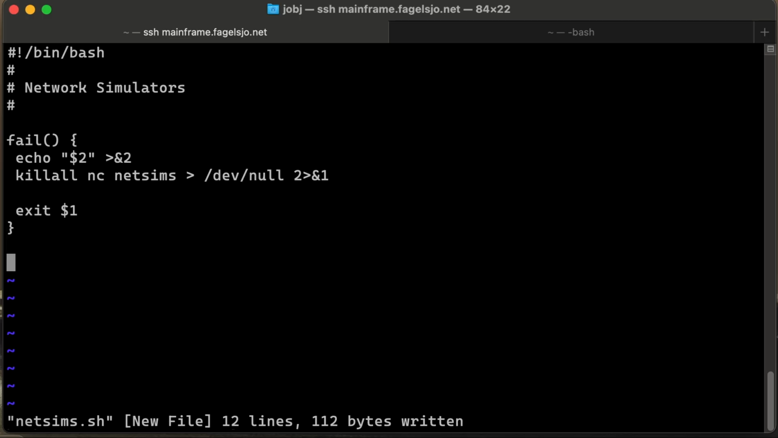I will also have a usage function. If we supply the wrong number of arguments or similar, this will give us the output that we should use. So this will be something like